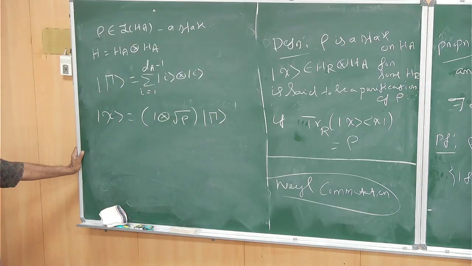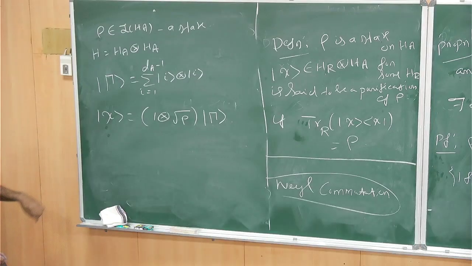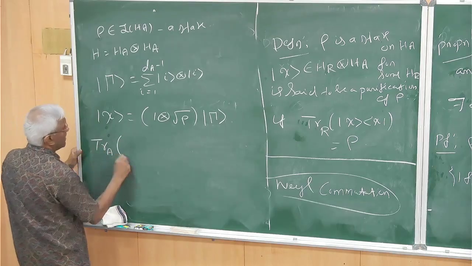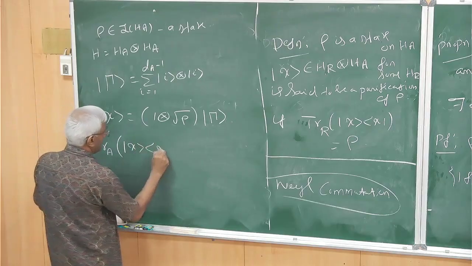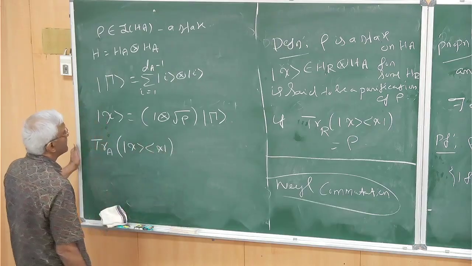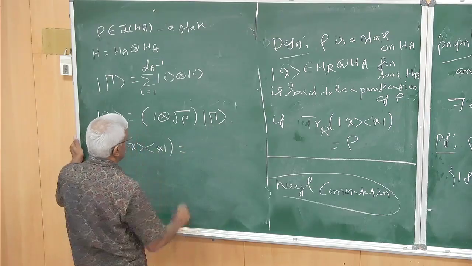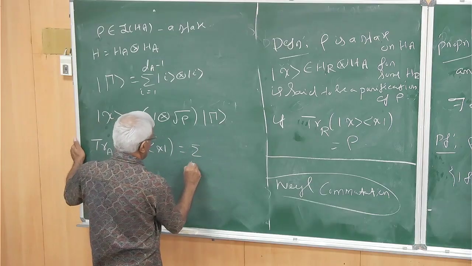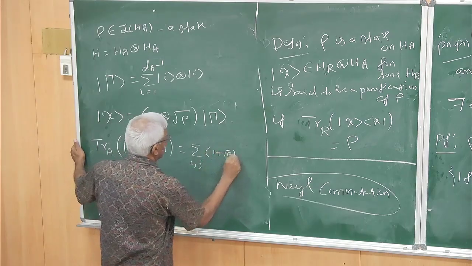This is a pure state, of course. I mean, this is a vector, so this will give you a pure state. And if you take the partial trace of that, you should get rho. Okay, so let us check. Partial trace over A, the first one, of chi. So I think we have to expand it. So this is going to be the summation over i, j of the square root of rho.